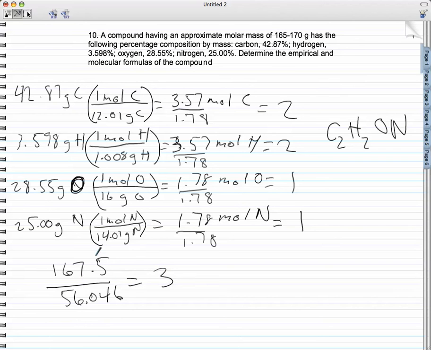So our actual formula is going to be with the same ratios here, but 3 times bigger. So that means we multiply all the subscripts here by 3, so our molecular formula is going to be C6H6O3N3. Okay, so this is our empirical, this is our molecular,